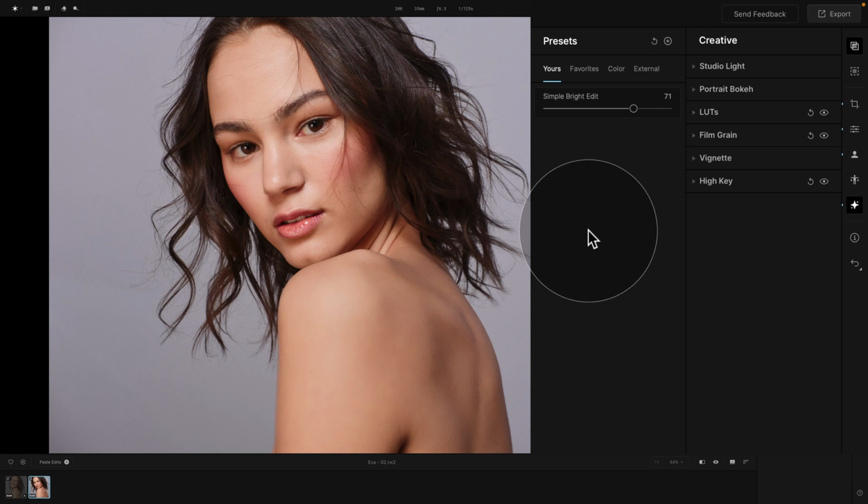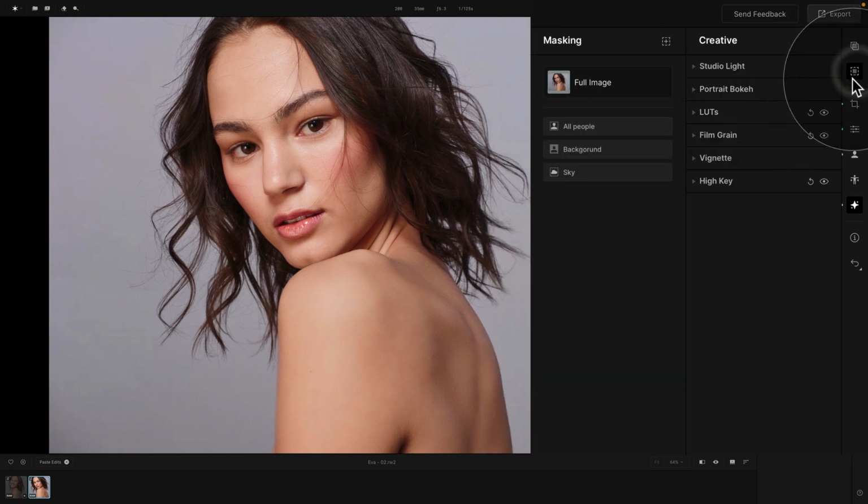Finally, I want to look at the masking here. So let's just go out of the presets, jump into the masking where we have this little masking window. The masking works a little bit similar to layers. We have the full image, that's our original photo, and that's where we apply our global adjustments. After this, we can create new layers or new